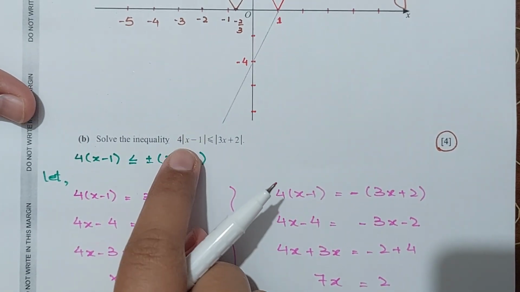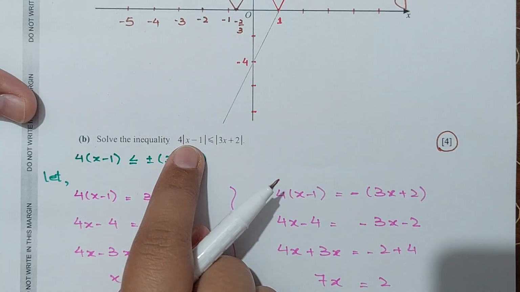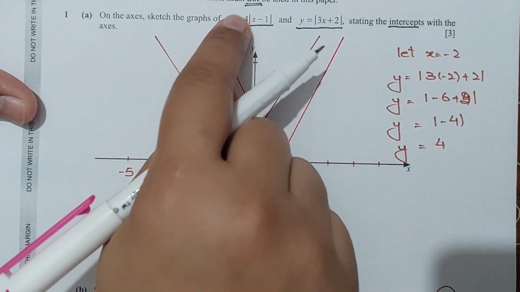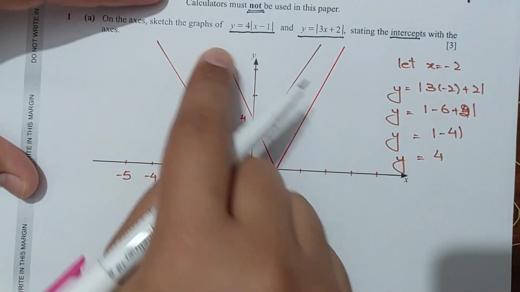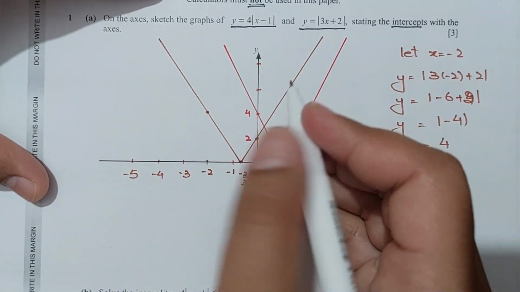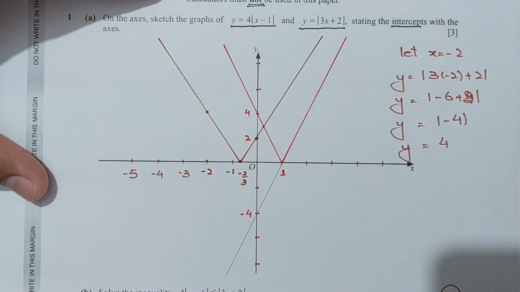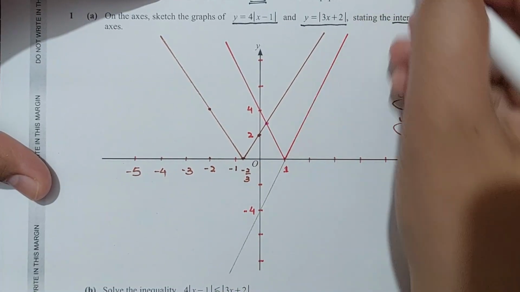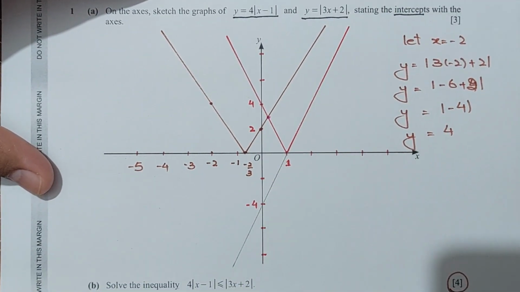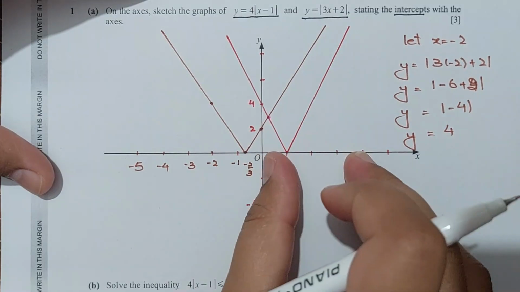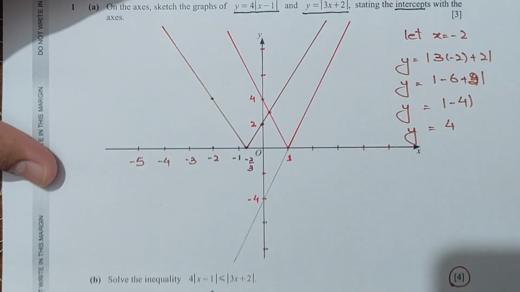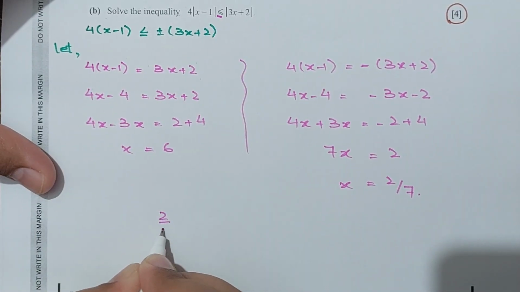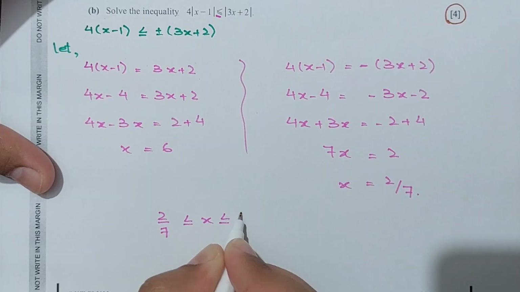Now we have to check when this function is less than or equal to this function. Okay, this function is the red one. When this function is less than or equal to that function at this point, some over at 2 by 7, this point of intersection is 2 by 7 and it also intersects at the point x equals 6 as well. Okay, so when the values are between 2 by 7 and 6, the function is less, and equality is also included because of this equality. We can say 2 by 7 is less than or equal to x is less than or equal to 6.